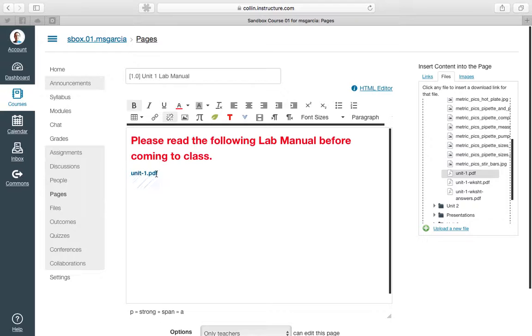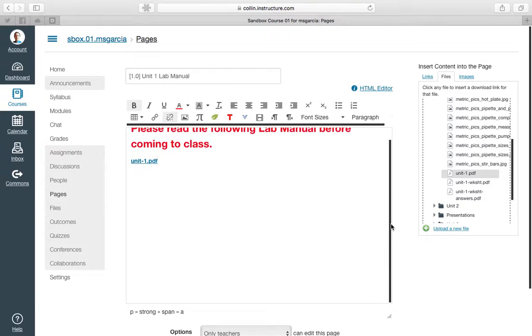So it calls it unit-1.pdf. Now, this is, of course, what is commonly called in web design or in HTML a hyperlink. And there's something really cool you can do here in Canvas with these hyperlinks. So if I want to, I can just leave this as is, and if I save my page,